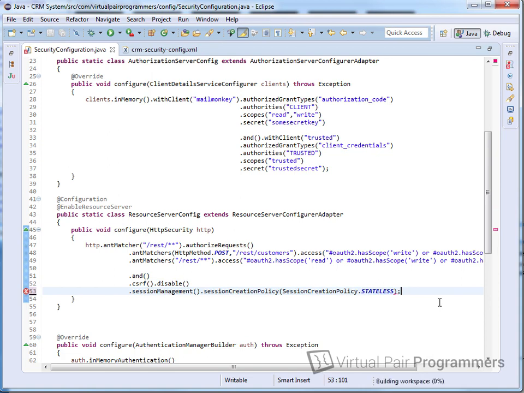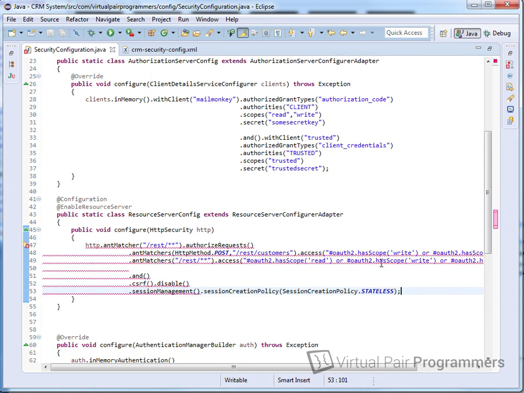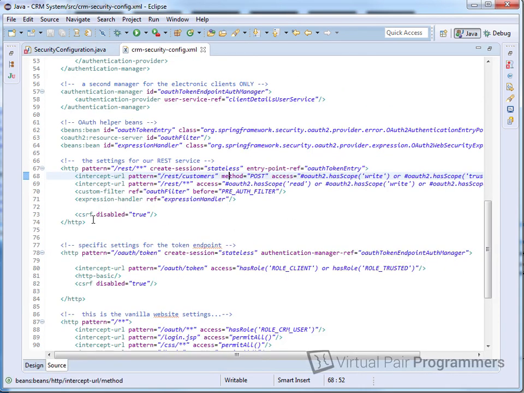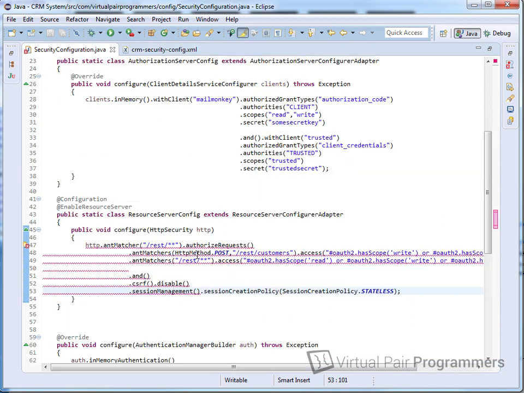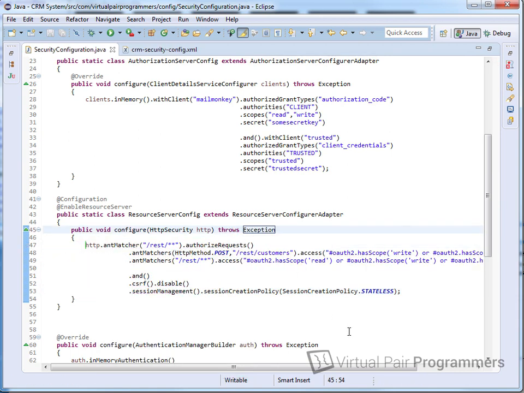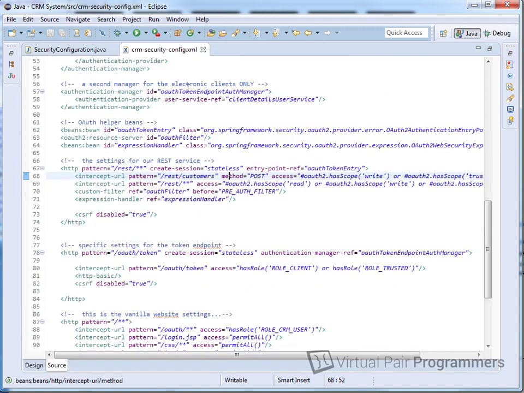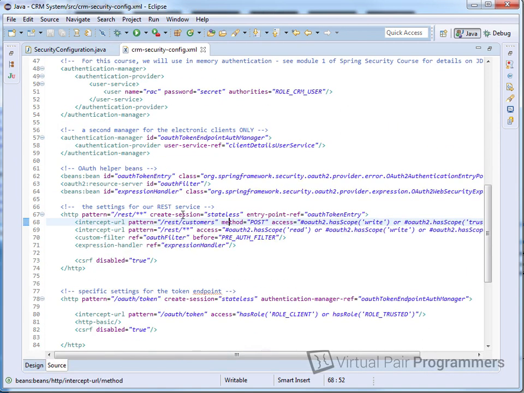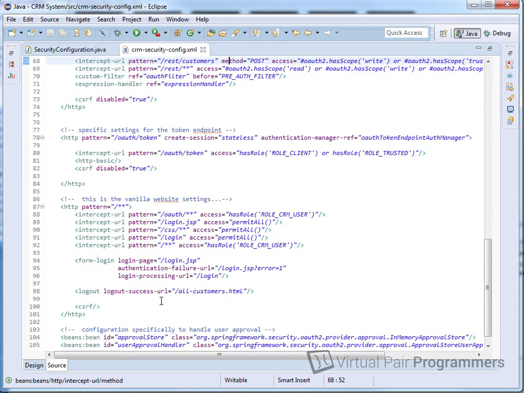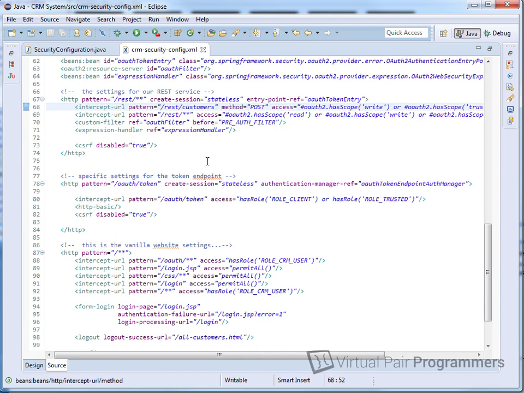I'm trying really hard to make this sound exciting, but it's a direct equivalent to the HTTP block you can see right here. Just as before, we do need to declare that this might throw an exception, and then everything is compiling. Now, as I said, in recording this course, I then went and tried to take all of the other beans that we created here in the CRM security XML file, and I tried to reflect them,